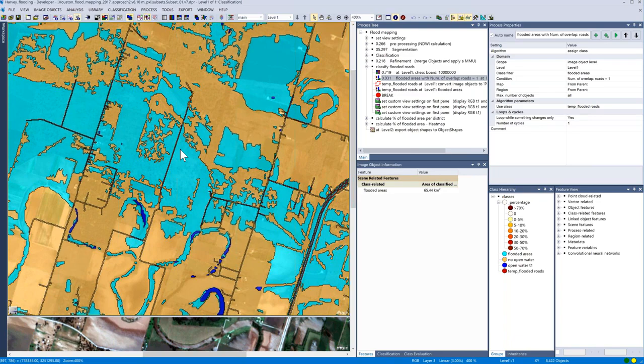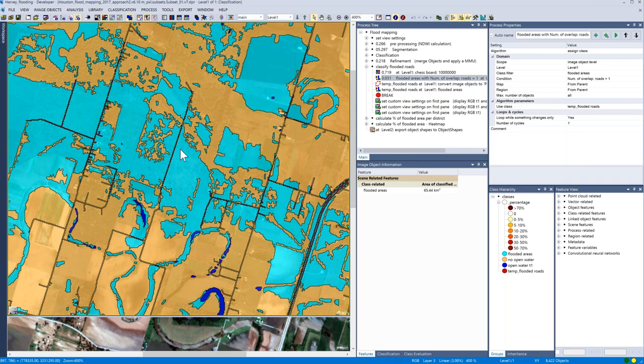Yeah, so we actually support a lot of different formats: TIFF, JPEG, IMG, and also all satellite data. So the spatial resolution doesn't play a role. You can load Landsat data together with high resolution UAV data. So this isn't a problem in eCognition.